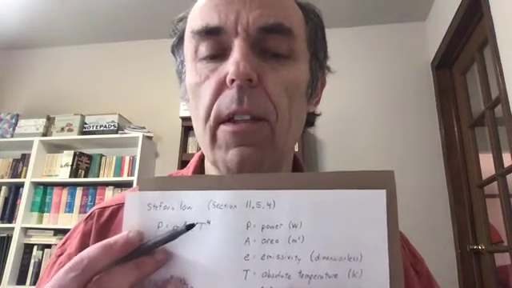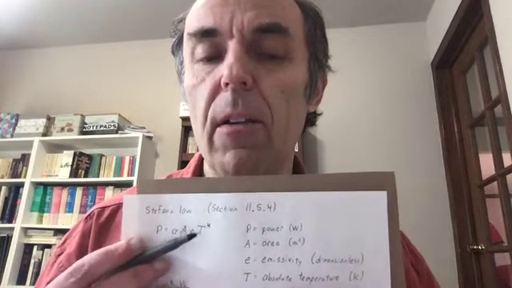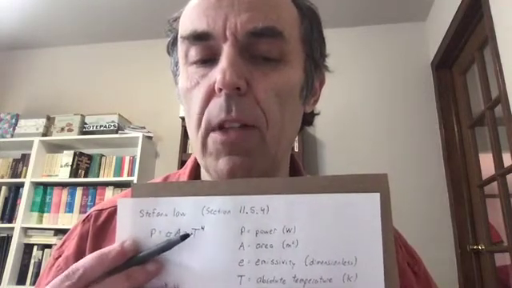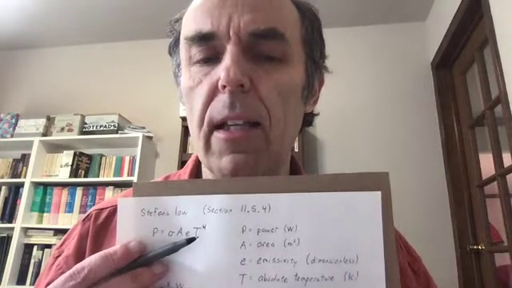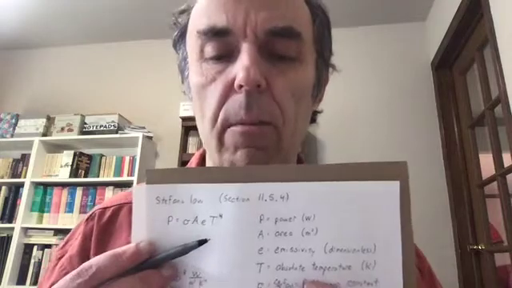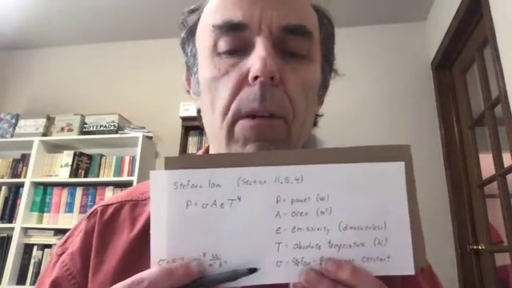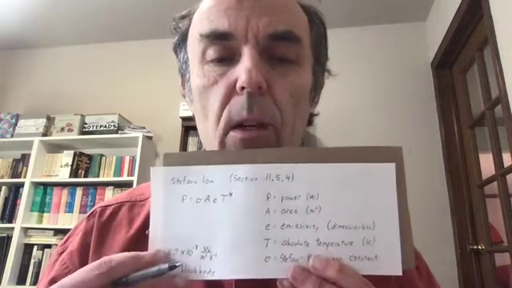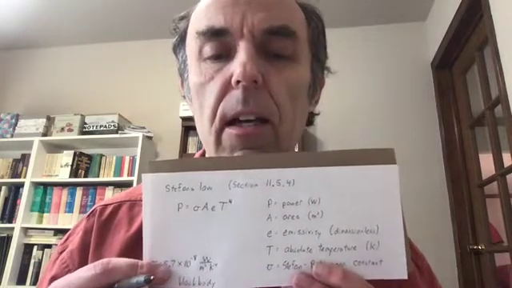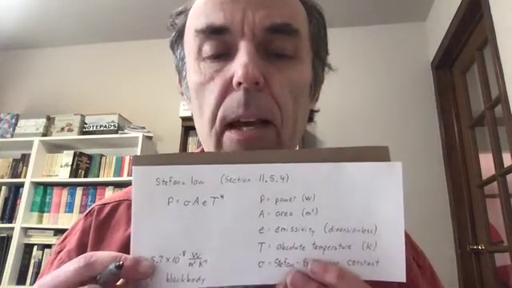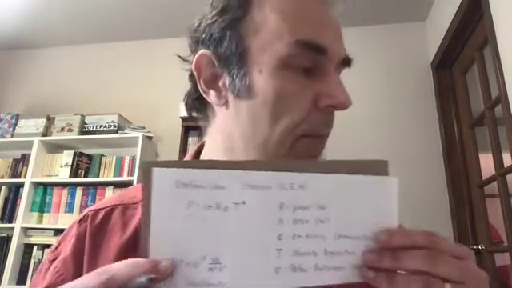Finally, you have your temperature to the fourth power. Now, being a temperature to the fourth means it depends dramatically on temperature. You double the temperature, you're not going to get a doubling, you're going to get 2 to the fourth, or 16 times the amount of power emitted. So the amount of power depends very sensitively on the temperature. So you have these quantities. Let's take a look and see a couple of examples of how you can appreciate the type of energy given off by a hot object.